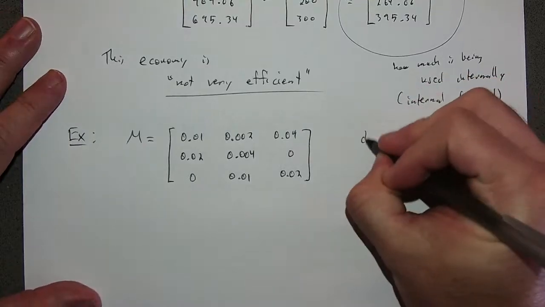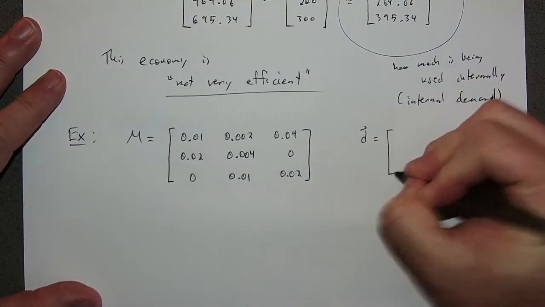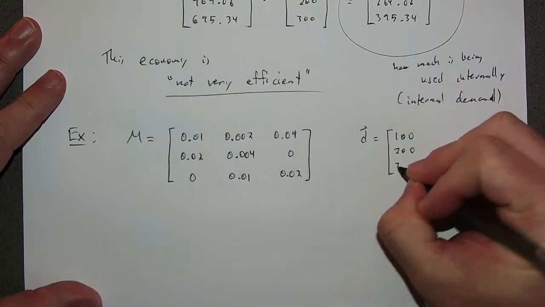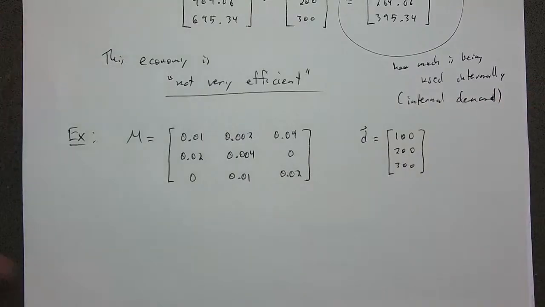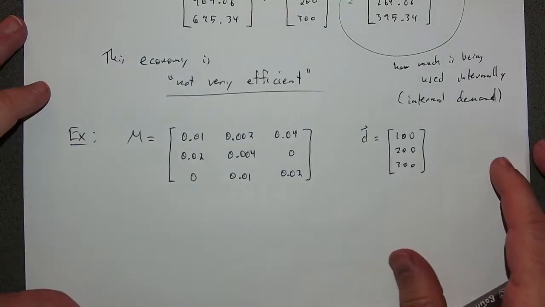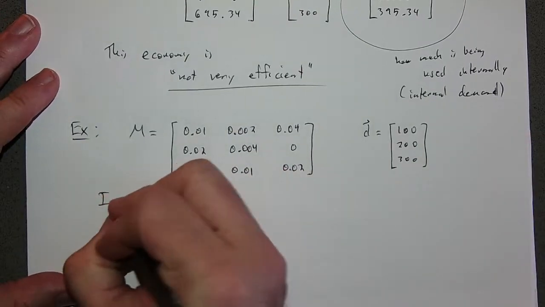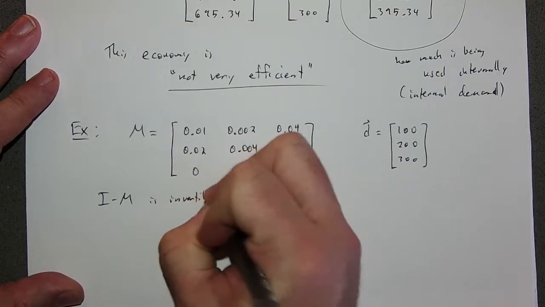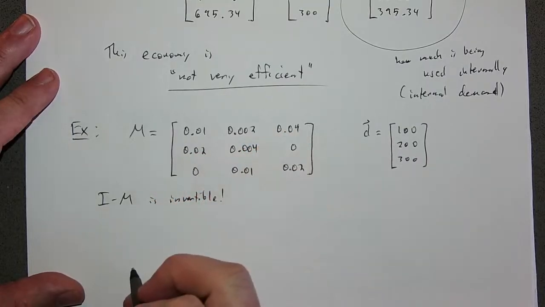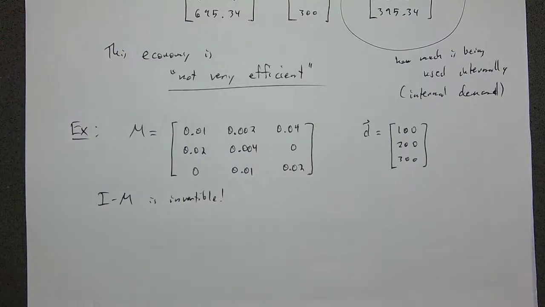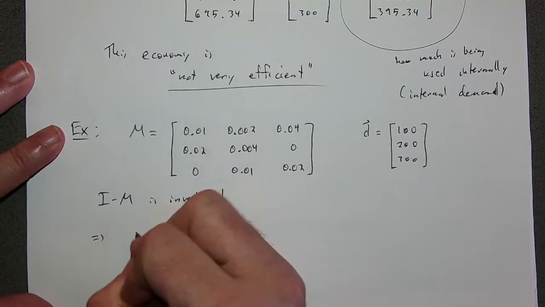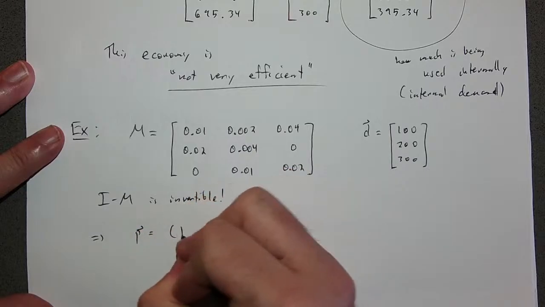And let's say that our external demand is the same. So same external demand for these products. Okay. Again, you can check that I minus M is invertible. Okay, remember this is also the more common case. In this case, our production vector